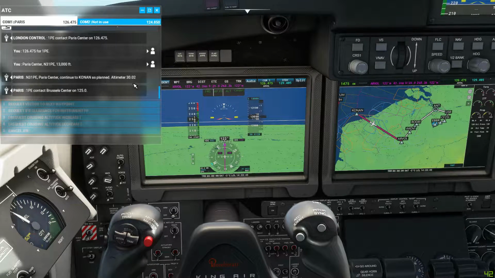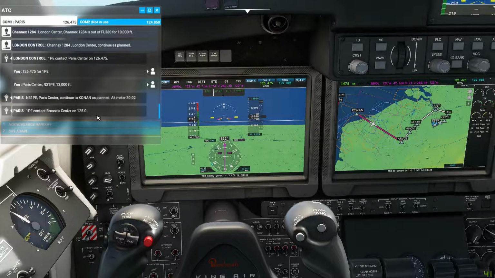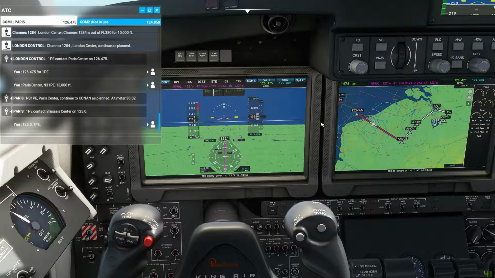Okay, so the ATC is transferring us to Brussels Center, and hopefully they will